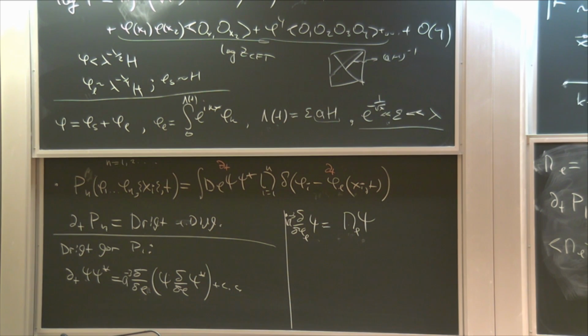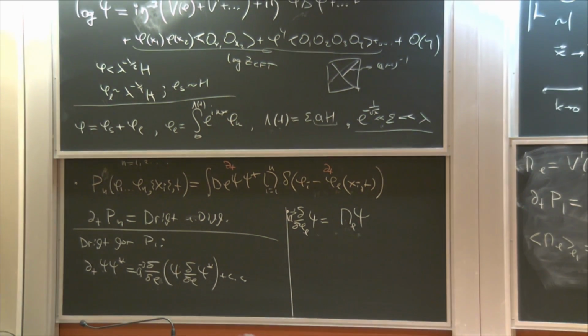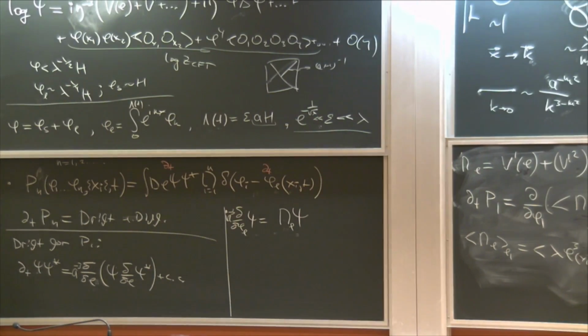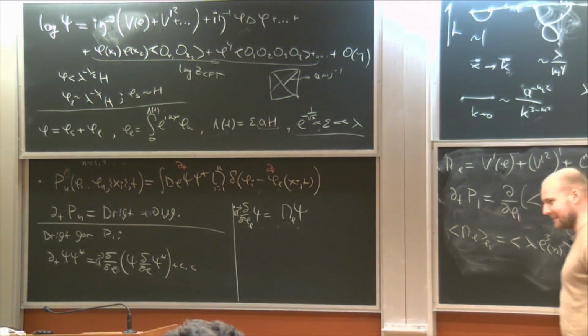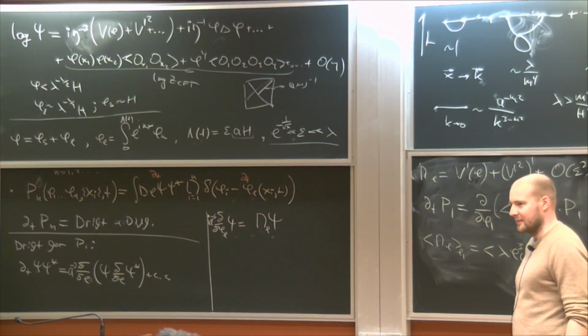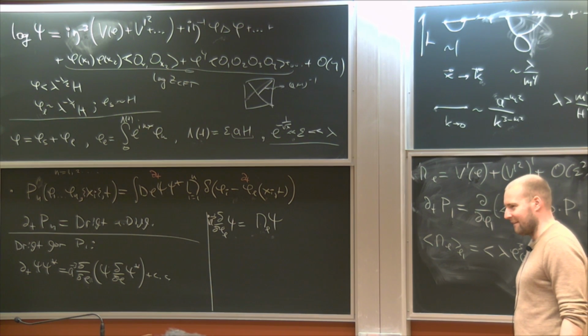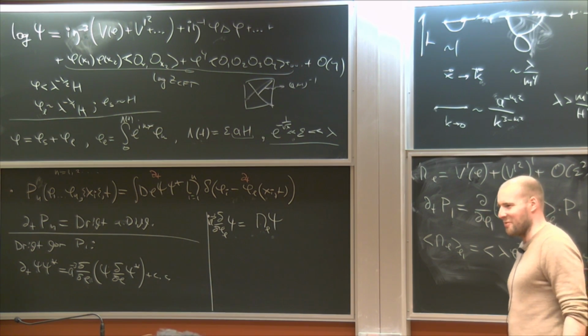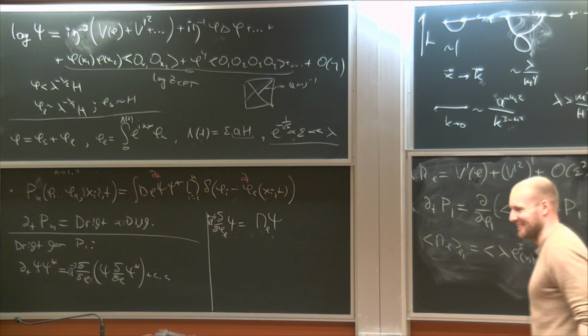This term is the analog in Wilson-Polchinski of the tree exchange, of the ds d phi squared. It's like all the long modes can produce a short mode. Yes. There's also the loop analog of that. Is there an analog of the? I guess I don't remember Wilson-Polchinski well enough, but